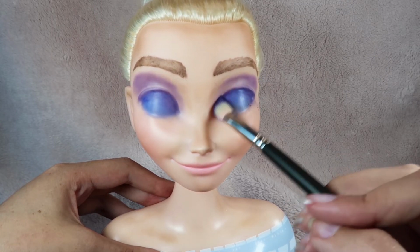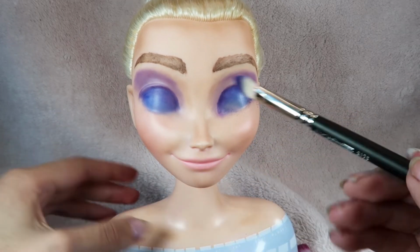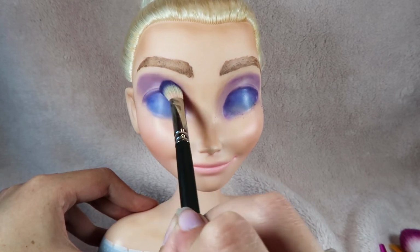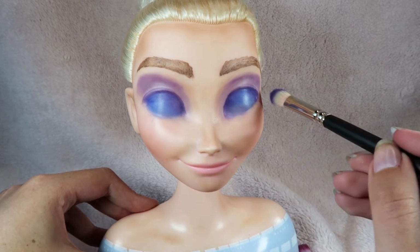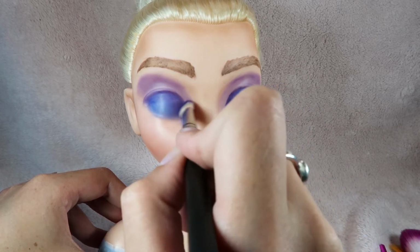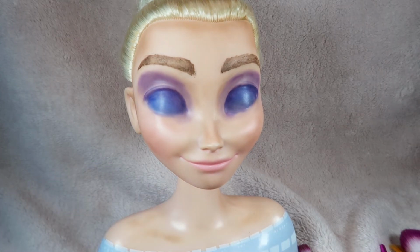There we go. They don't match, but it's the kind of thing that if I do play around for too long, I will make it worse. Oh, it looks pretty in this bottom corner. Okay, take a bit down there. Okay,